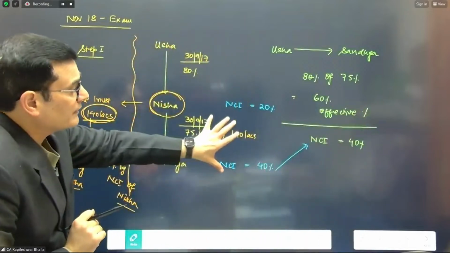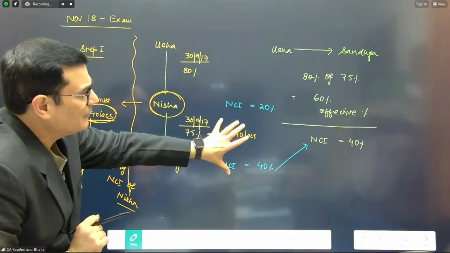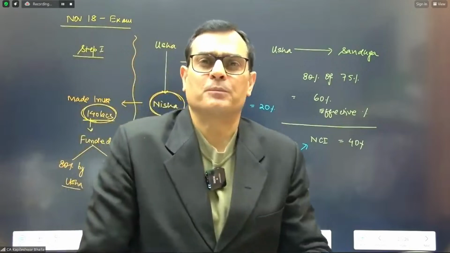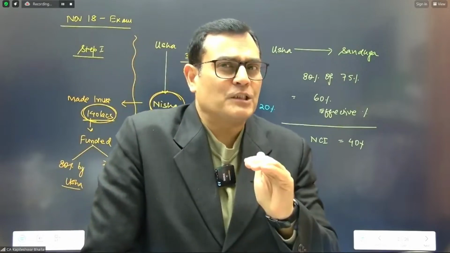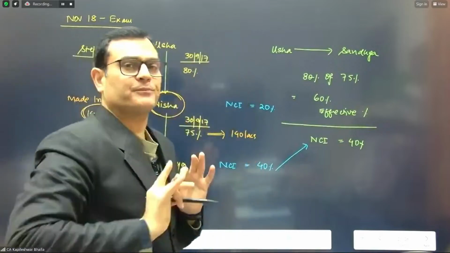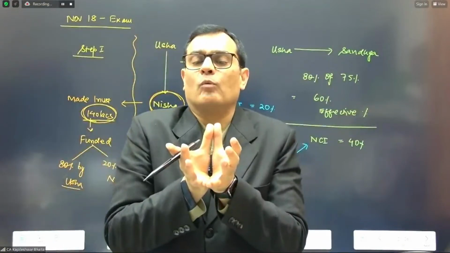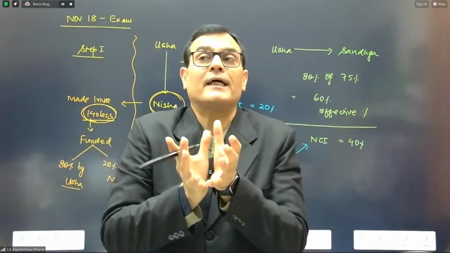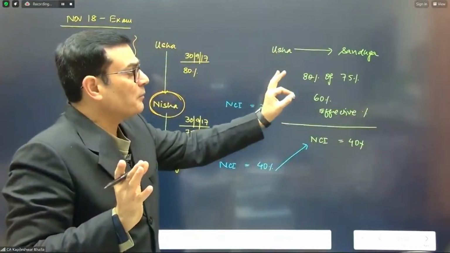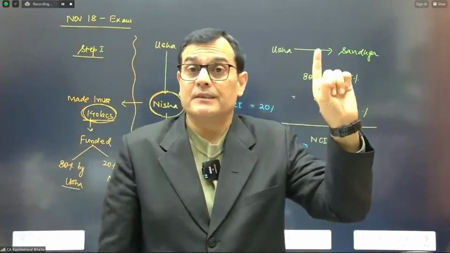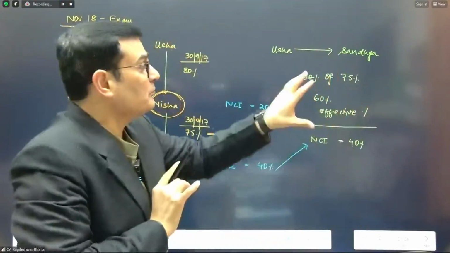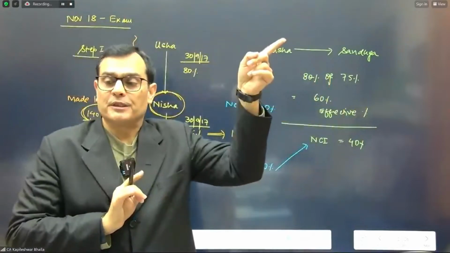So once we understood that 140 lakhs is funded 80% by Usha, we said consolidation is done from Usha's perspective. So in this particular case, when I'm going to do a consolidation, you need to consider Usha as a base. The consolidation will be done on what Usha has in Nisha, what Usha has effectively in Sandhya. And that is the reason we initially in step number one segregated these percentages. This is one thing which you need to keep in mind. The consolidation is to be done entirely from the point of view of the top company, which is Usha.